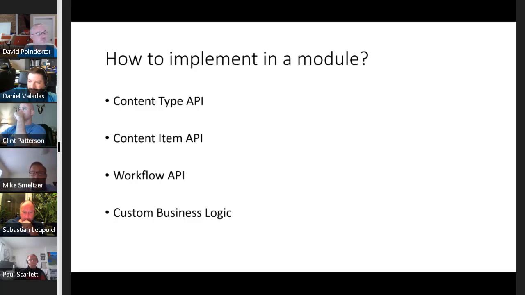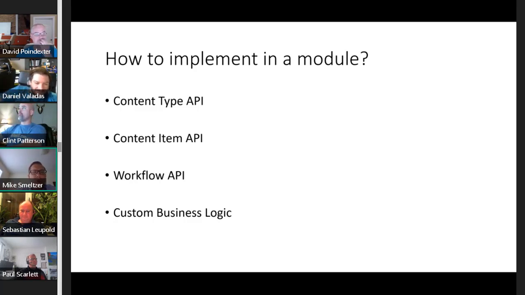It comes down to a couple APIs that work together here that have been around in DNN for quite some time. There's the content type API. We talk a lot about content types these days more from a dynamic content type perspective. So things like liquid content in Evoke, open content module, 2sxc. Those are all dynamic content types, or have the ability to create content types dynamically. The API also has, at a core level, the ability to define a content type in DNN. Today, out of the box, I believe tabs or pages are a content type, modules are a content type,